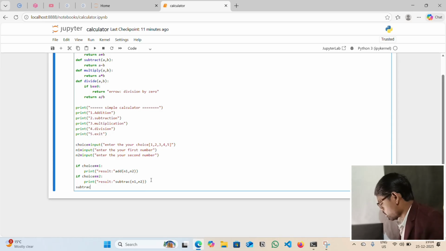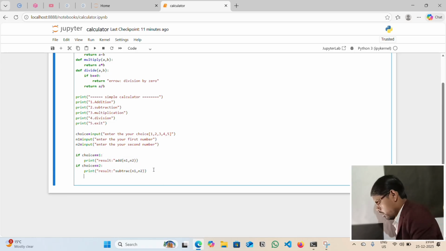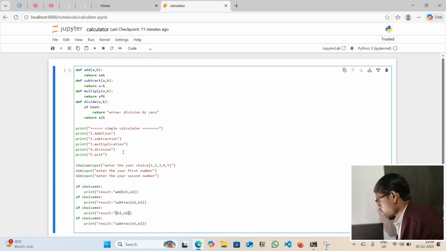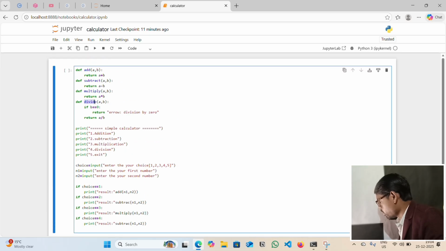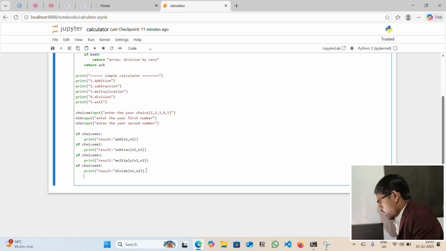Next, use this again, copy, and print, change the chosen values, and the calling function for multiply. Then again for divide. The conditions are complete.